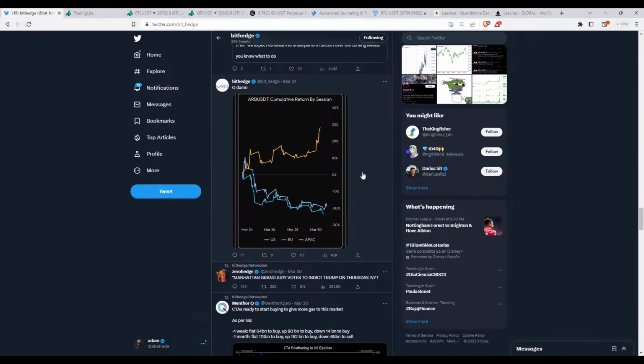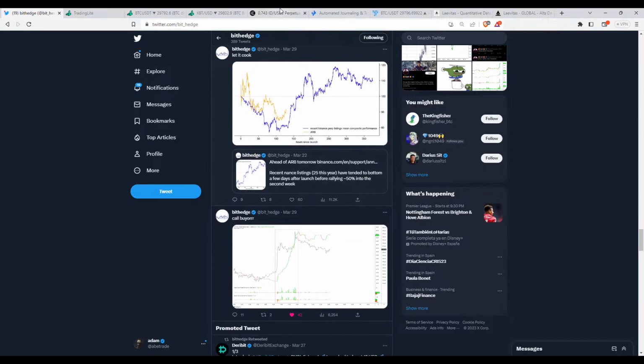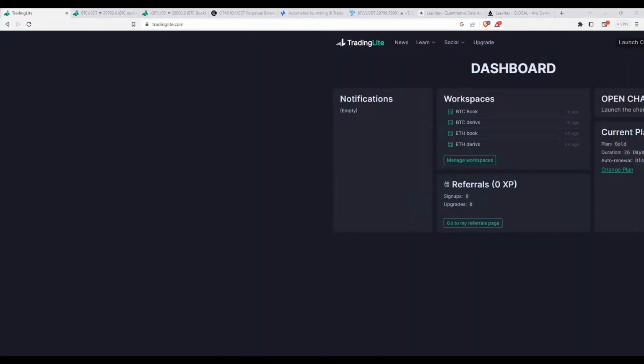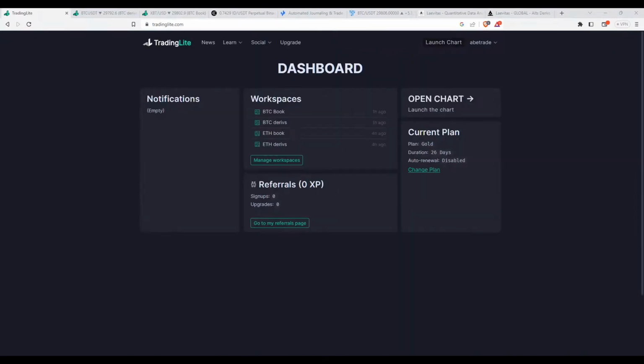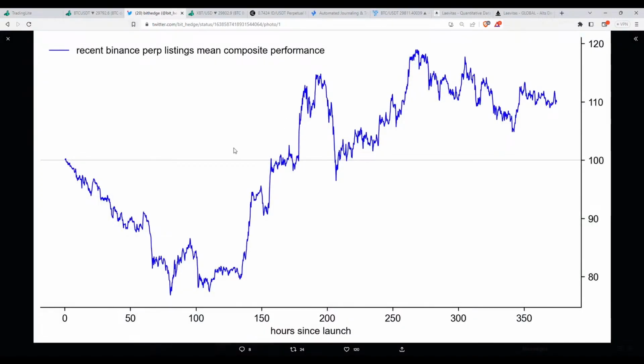Yeah, I'm at your screen, by the way, if you have anything to show. You are at my screen. Let me see. I'm at Twitter. I was actually looking for something. I think we can take a look at some requests. This is what I wanted to show actually. Back at this chart. This is from BitHedge on Twitter. One second, sorry. Now we can see it. Okay. Yeah, this is a chart.